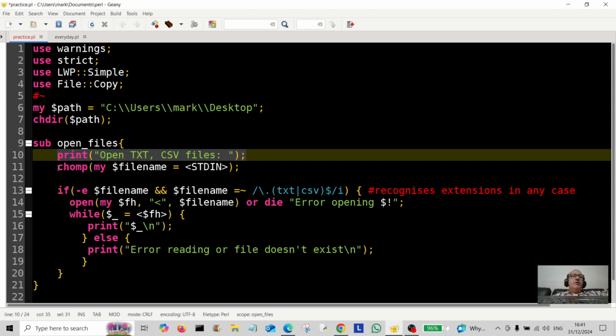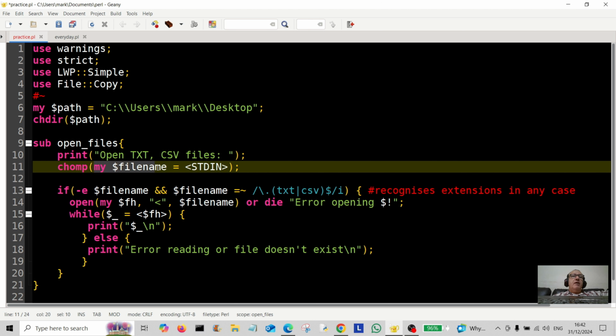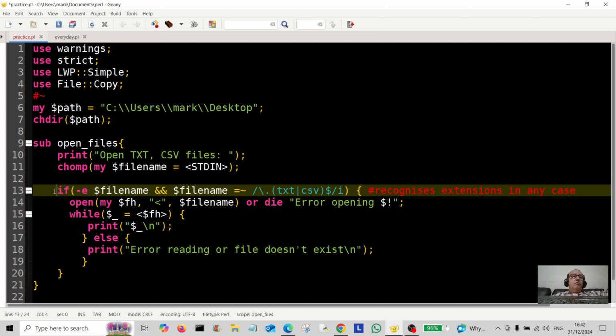I use chomp for the new line. Then I create a scalar variable called file name, and I assign it to standard input, which will take the input that the user types in. Then we come on to the conditional, which starts with if, and the first conditional I've got here is if